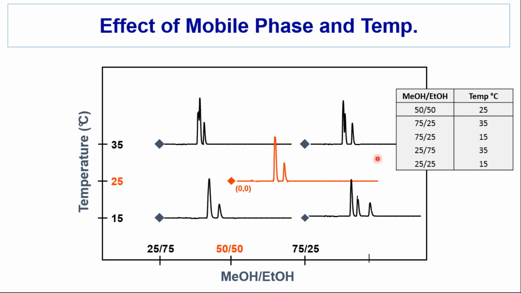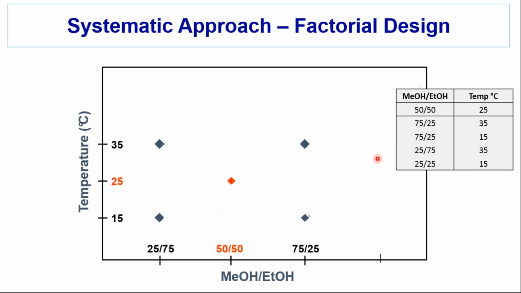Well, I thought maybe I can go to some extremes, either higher temperature or straight alcohol. That didn't work out. But what I did learn is the separation wasn't going to work, and there wasn't any sense continuing to beat my head against the wall, so I went to a separation on another column.